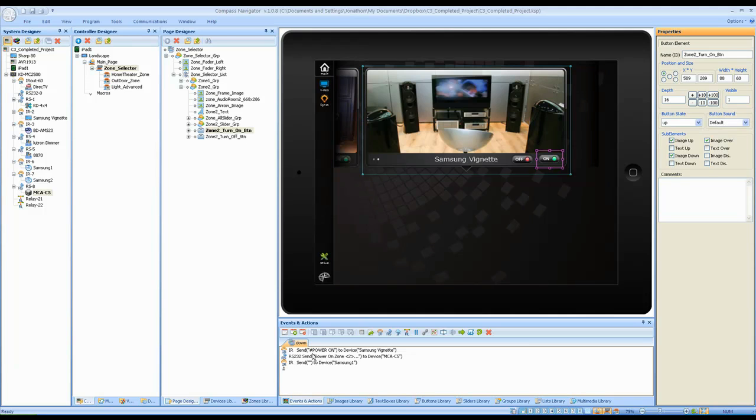We take a look at the on here. This is going to do what? It is going to send the power on command to the Samsung Vignette television. It is sending the power on zone 2 to the Rust sound, and we can also send to the, it looks like this is just an empty command that perhaps was removed, but the Samsung local Blu-ray player, we could send the power on command, for example, or any command for that matter,